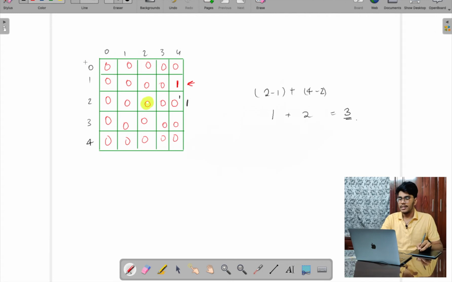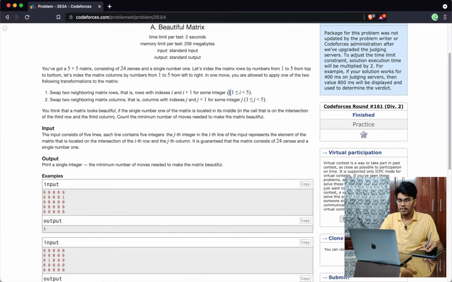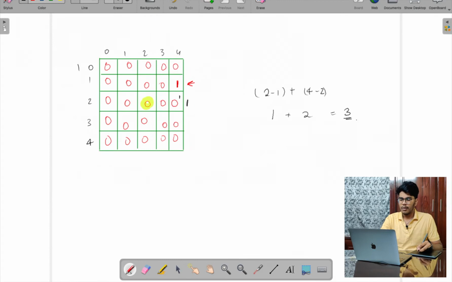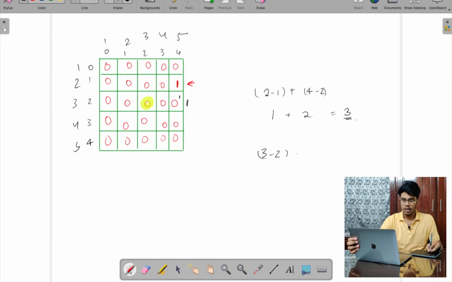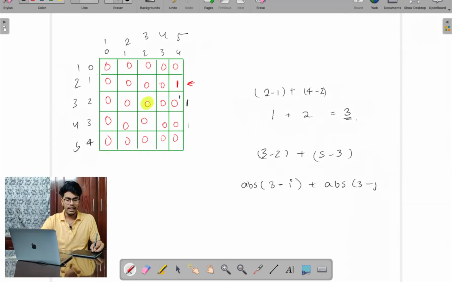I have taken the indexing like this, but in the question it's based on 1 to 5 indexing. It's fine. Even if I take 1, 2, 3, 4 and 5 based indexing, I need to move the digit from the second row to the third row, so 3 minus 2, plus, when it's here, I need to move it by 5 minus 3. Even if it's below, I'll take the absolute value of 3 minus index i plus the absolute value of 3 minus index j when i and j are in 1-based indexing.